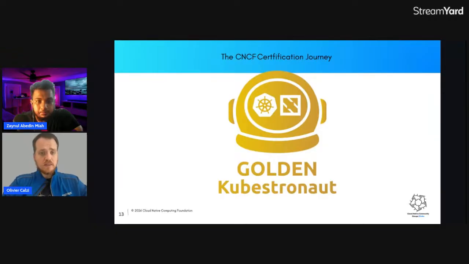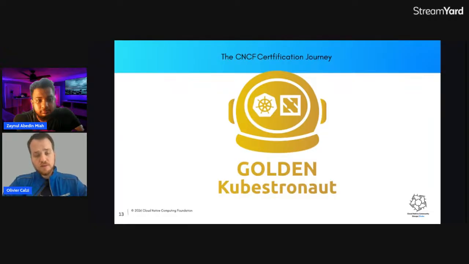So when you pass the level of Kubestronaut, you get one nice thing, which is this blue jacket that I really like. It's a really nice perk to get, but it's not just that. It's not just marketing, because you get access to Slack channels. You get access with a voucher for the next certification. You get a reduction for KCD events and KubeCon. And you can meet a lot of your fellow Kubestronauts at these events and just keep growing.